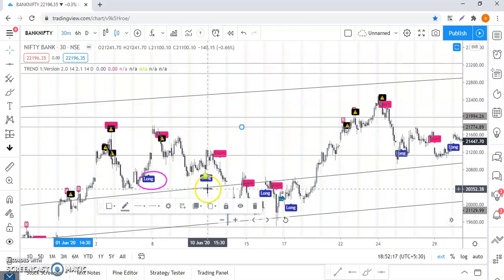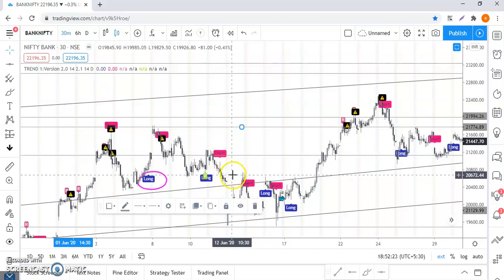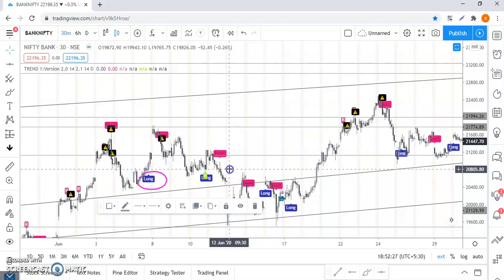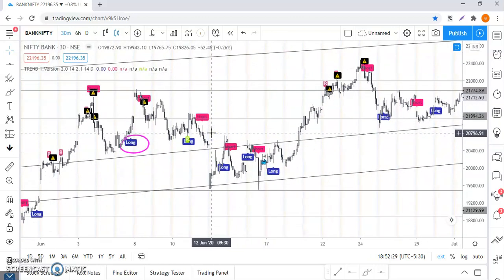Now you got a long. The long is near the trend line. You should go for a long position. Again, immediately it gave a short position. Here you would have lost, or you would have done a break even, right? So it doesn't matter. Since you are a trader, you should know that you can't win every trade. But with the help of this, if you take 10 trades, 6 or 7 trades will be on the winning side, maybe 2 trades on the losing side, or 1 trade can go here and there. It may even break even.